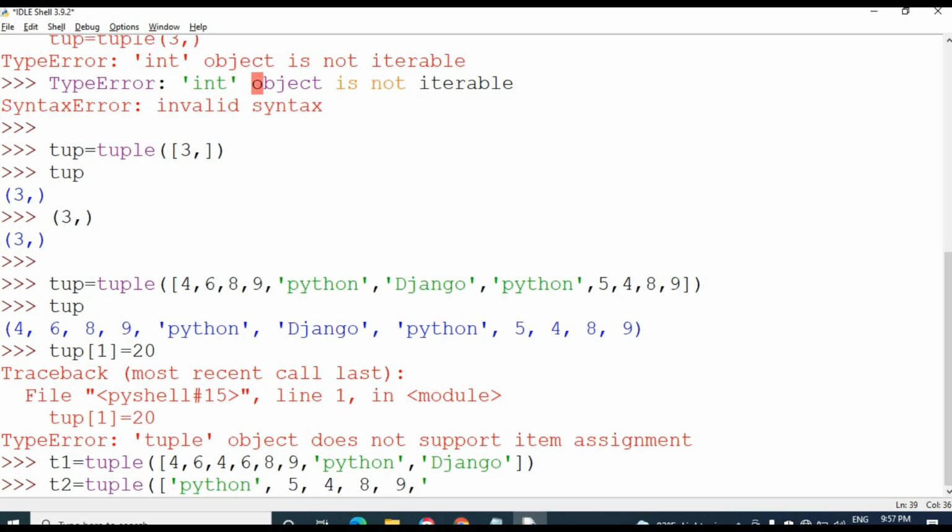I am copying these elements here and adding some more elements: Java, program, system.